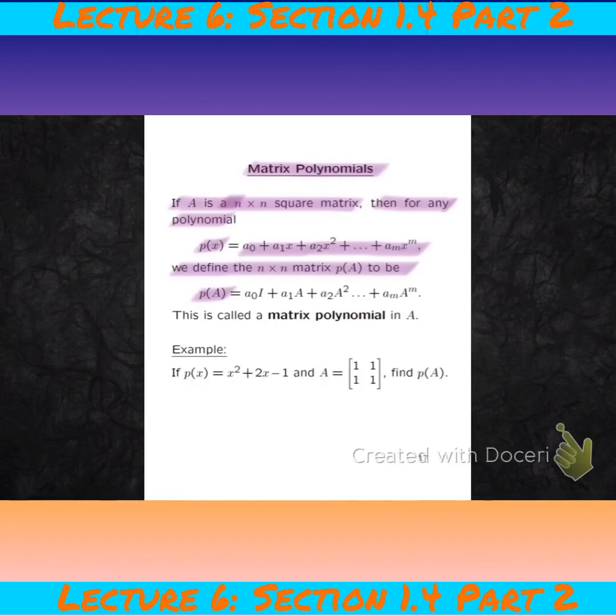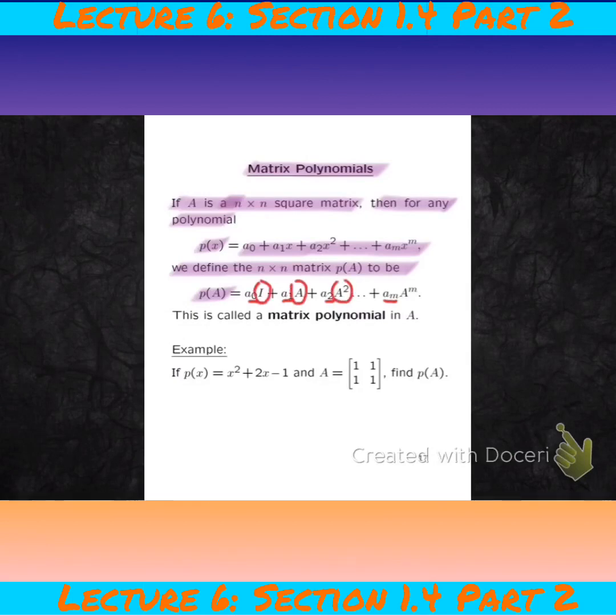Again, the normal matrix multiplication laws and exponent laws are applied here, and these coefficients are scalars,